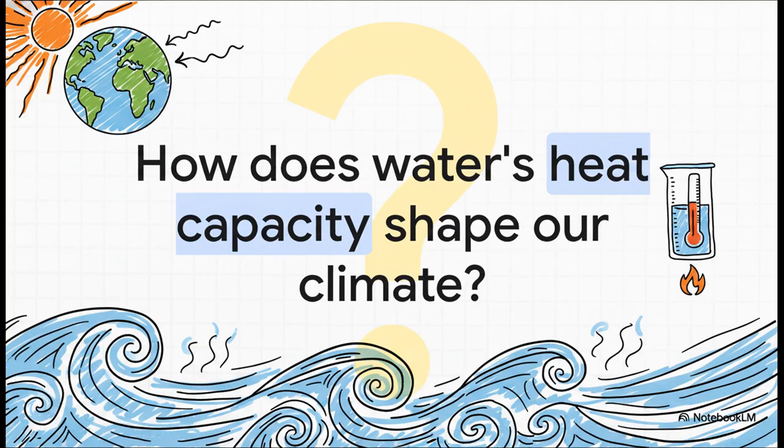If everyday water requires so much energy to heat up and holds onto that heat for so long compared to solid earth and metals, how does that invisible property shape the climate of our entire planet? I want to leave you with that powerful thought today. Connect our micro-level calorimeter lab results to the macro-level oceans that absorb the sun's heat and literally regulate the temperature of Earth itself. The laws of thermodynamics we just explored in a tiny glass vault are the exact same laws